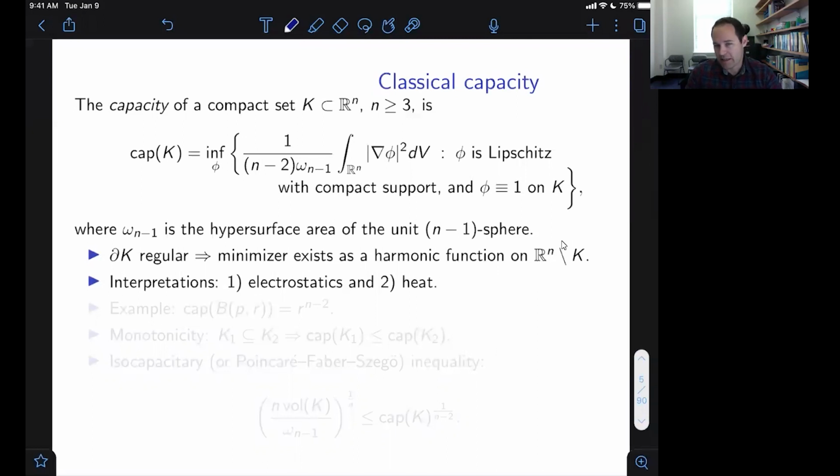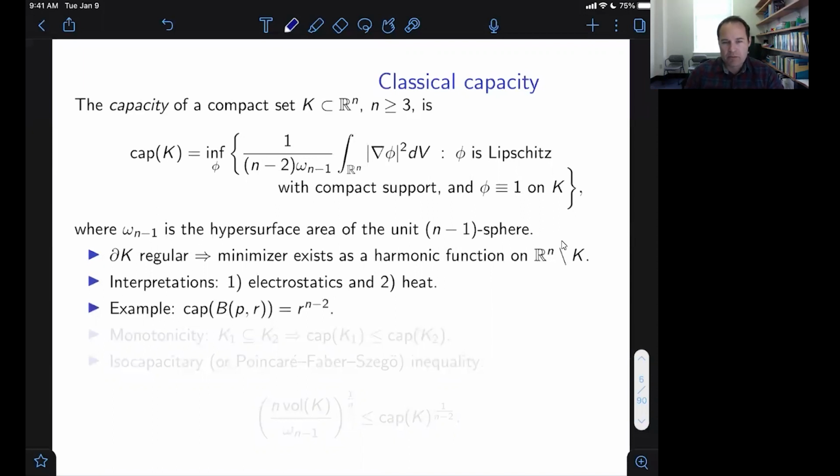if you have a body immersed in a medium. So you're standing outside on a cold day, for example. The capacity is the amount of heat you have to pump into the system to maintain a difference of 1 degree. So basically, if you're out on a cold day, you want to minimize your capacity if you're trying to stay warm.